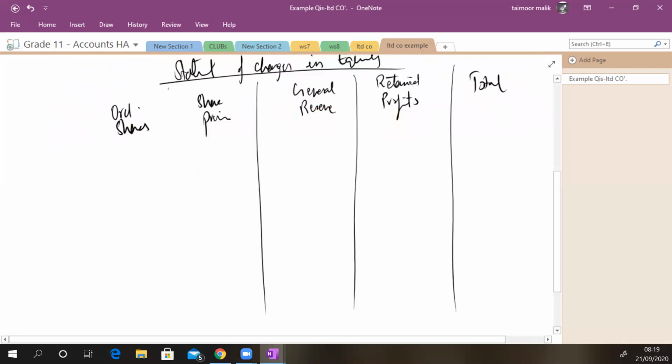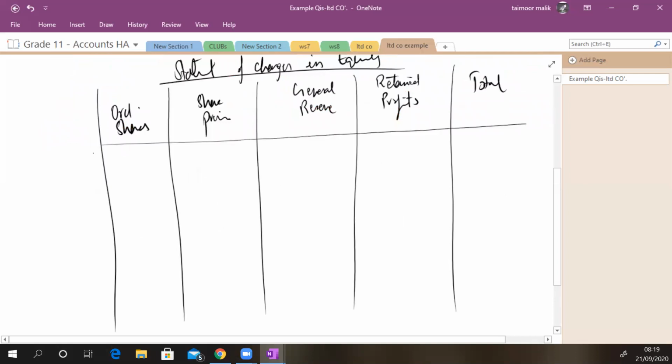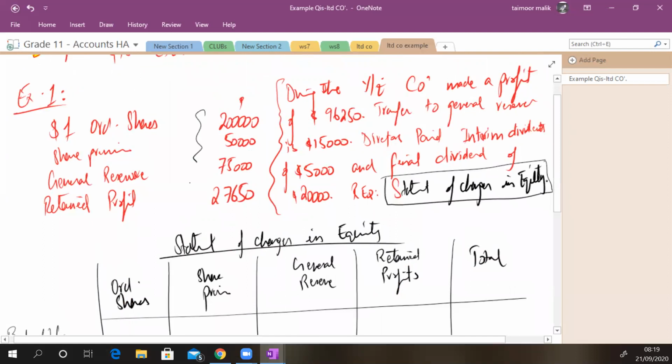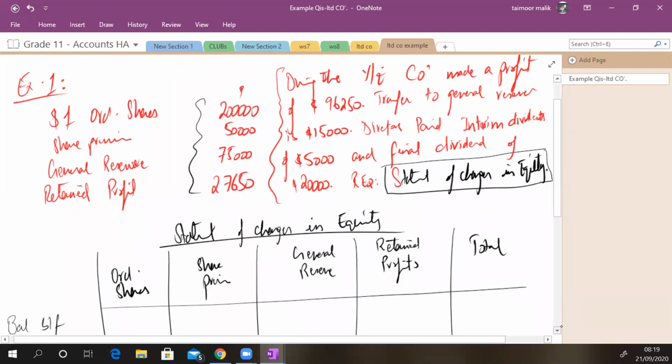First, balance brought forward. The opening balances. These are the opening balances which are